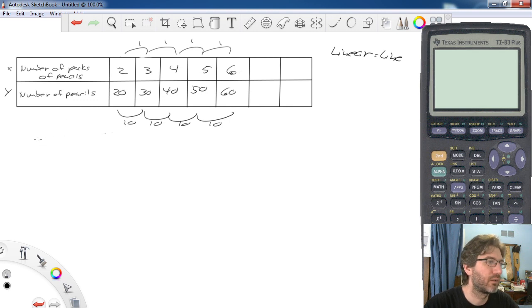So like 20 minus 2 equals 18, and then you have 30 minus 3 equals 27, and 40 minus 4 equals 36. Right, and then 50 minus 5 equals